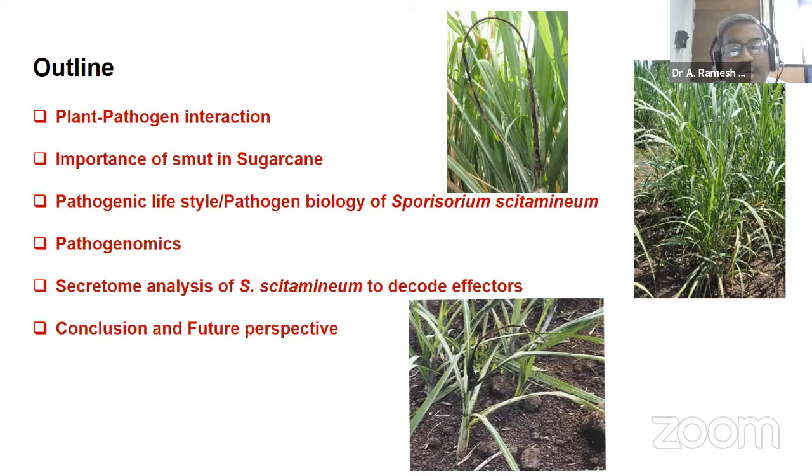So coming to the topic of our interest, that is smut disease of sugarcane, which is gaining lots of importance in the recent decade. I would say this is a disease of global prevalence, unlike red rot of sugarcane, which is the foremost disease in Indian subcontinent situations. And interestingly, if you look at the pathogenic lifestyle of the smut pathogen, this is a typical biotrophic pathogen which has a very tricky lifestyle, wherein it tries to hijack the metabolism of the host and makes it more convenient for the survival of the pathogen.